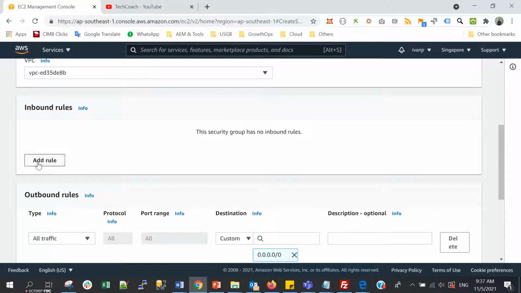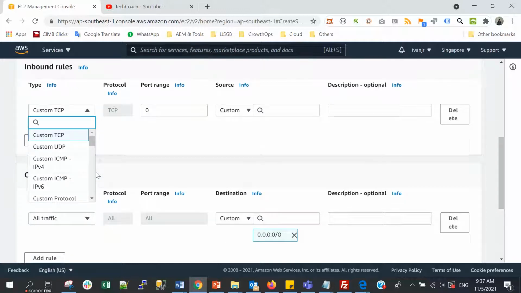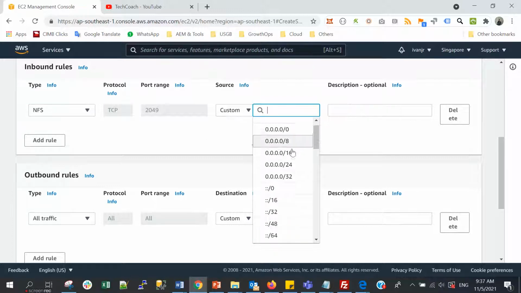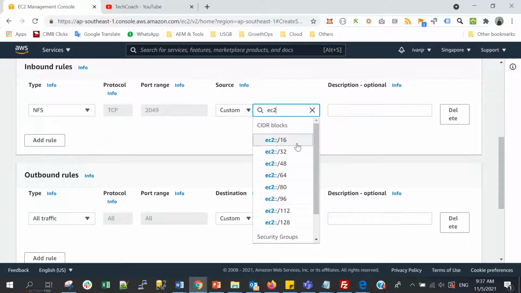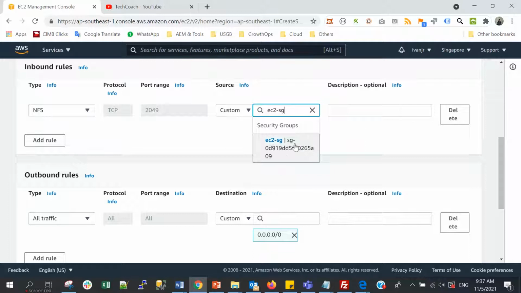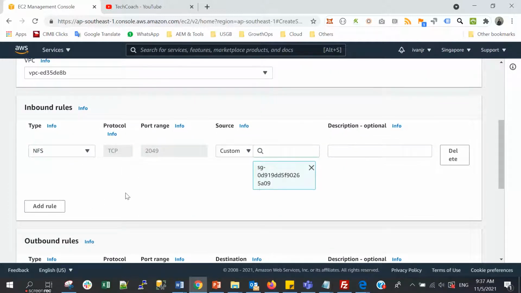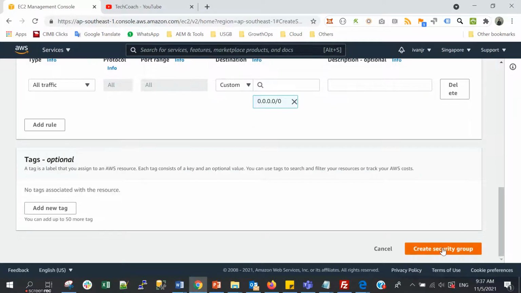Okay, and then for the inbound rule, select the type NFS. And for the source, we allow from the security group EC2-SG, which is this one. And then the outbound rule allows all, yeah, should be fine.